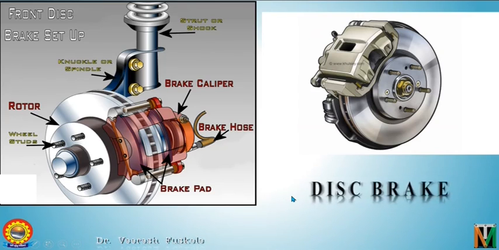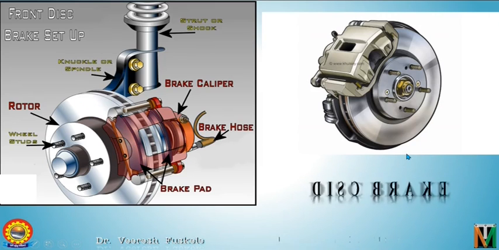Now let us discuss the disc brake. Though the disc brake is not included in your syllabus, we will still see that, as it is widely used nowadays in your bikes. So I thought I should discuss it with you all. In a disc brake, basically there is a brake caliper which has a brake pad inside it, and this is the disc which rotates and the wheel is connected to this part. So as the pressure is applied hydraulically through the brake hose, these brake pads are pressed towards the rotor and thus the brake is applied.